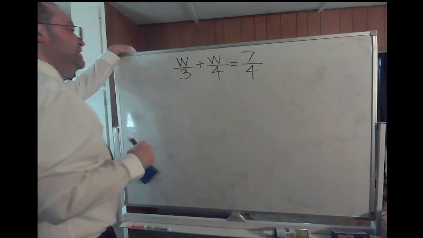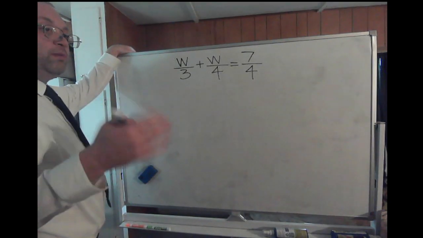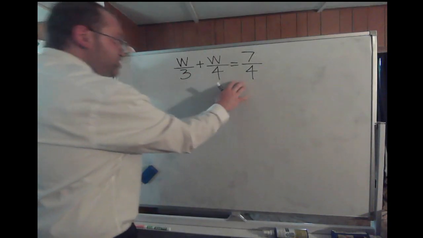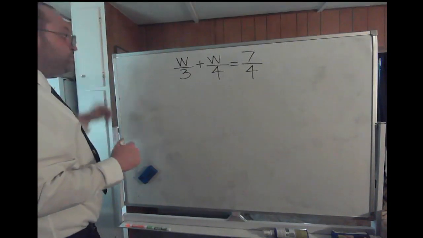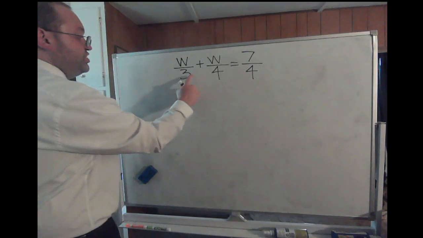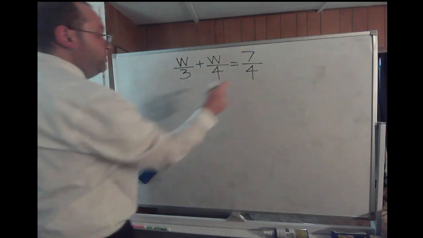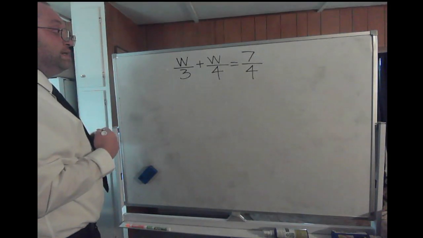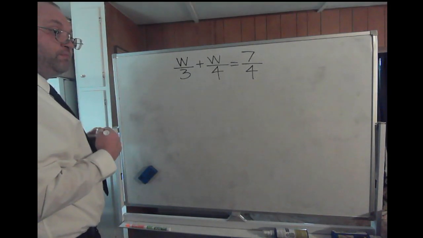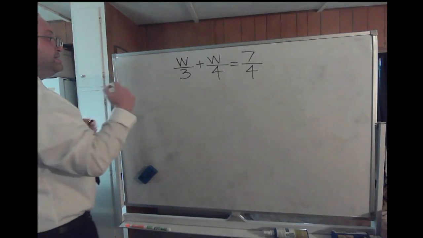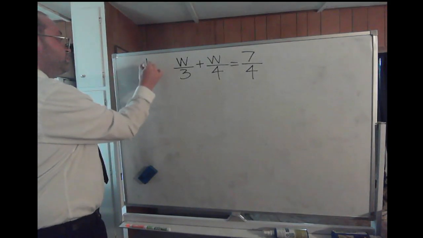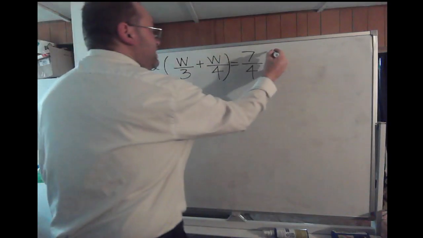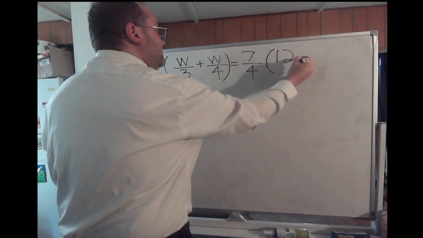How you're going to solve these is kind of like how you would deal with normal fractions. You want to find the least common denominator between 3 and 4. You want to take care of both sides because you have denominators of 3, 4, and 4. Well, the least common denominator of 3 and 4 is going to be 12. So if you take that least common denominator of 12, you multiply the left side by that least common denominator, then you multiply the right side by that least common